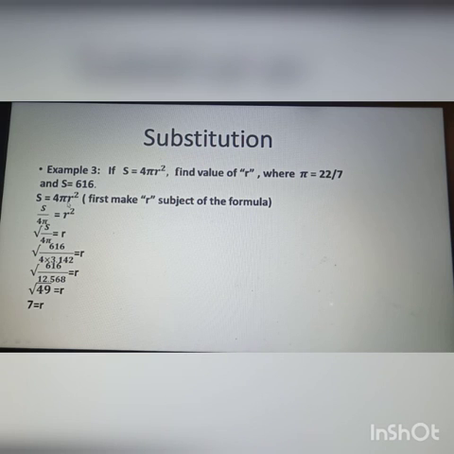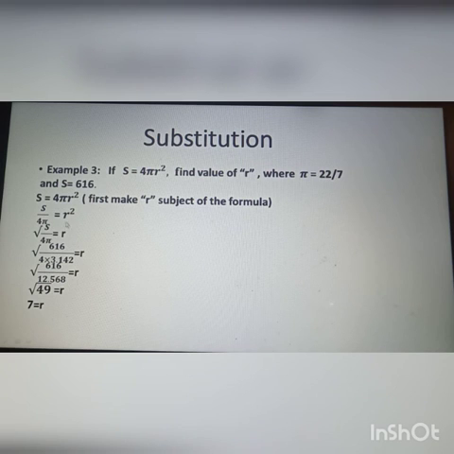This was given, s is equal to 4 pi r square. Keep r square here, and whatever is written along with it, take it to the other side. 4 pi is multiplied with r square, so taking it to the left hand side, it will be divided as per inverse operation. So s by 4 pi is equal to r square. I am repeating it: 4 pi was being multiplied with r square. Taking 4 and pi to the other side, the inverse operation is division, so s divided by 4 pi is there.